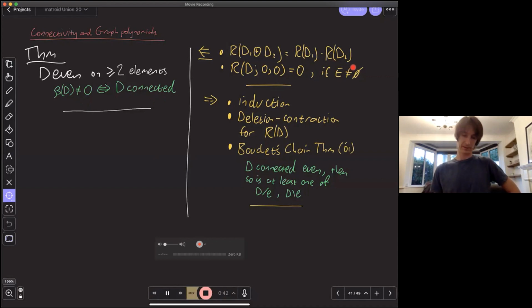And in the other direction, you're just going to use induction. The Tutte polynomial has a deletion-contraction relation. Well, so does this polynomial R for delta-matroids.